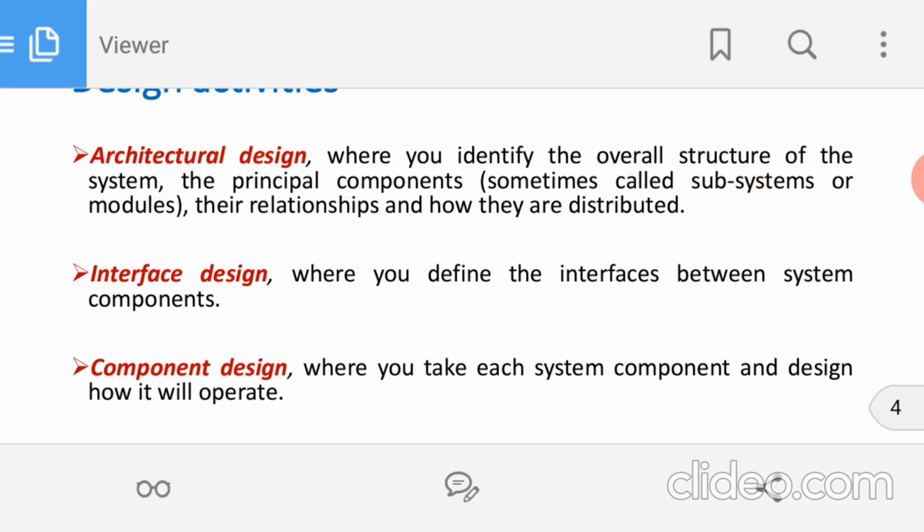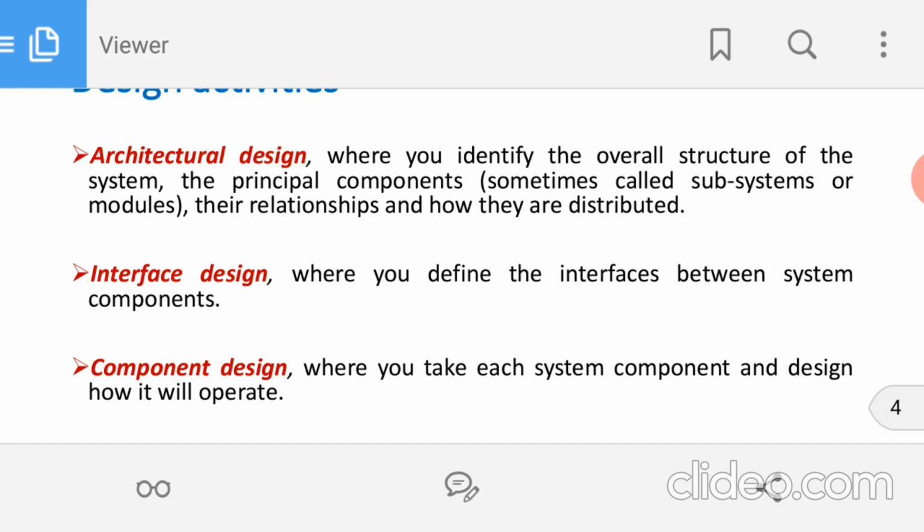Once again, with respect to architectural design, a separate chapter is there. Normally in software engineering, there are 3 very popular generic architectural models available. One is the repository model, another one is client server architecture, and the third one is layered architecture. This is a very vast topic, because there is a separate subject called software architecture itself. Anyway, this is not the time to get into depth.